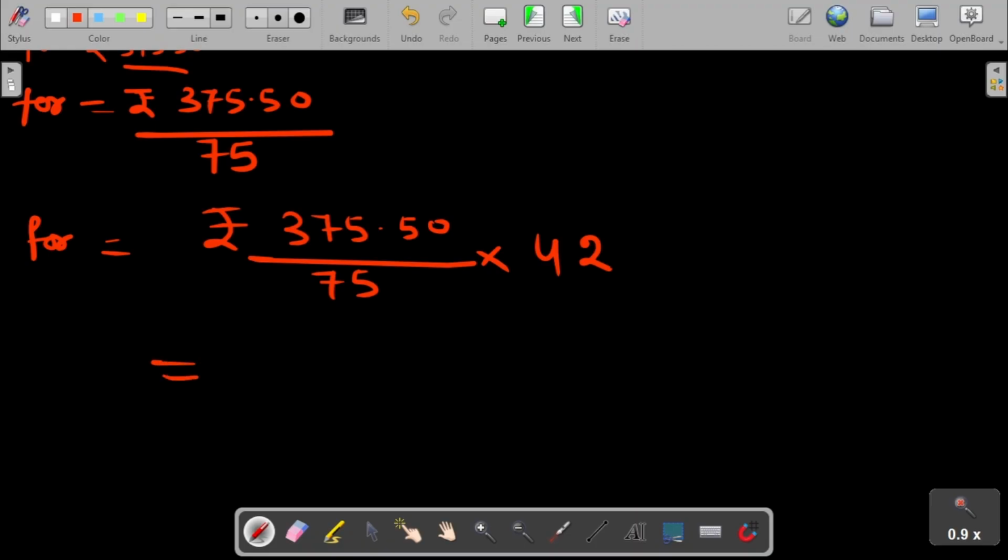তাহলে এখান থেকে আমরা পেয়ে গেলাম, যদি 1 কেজি পোটেটোর প্রাইস 375.50 by divide by 75 হয়ে যায়, তাহলে 42 কেজি পোটেটোর প্রাইস কত হয়ে যাবে? মাল্টিপ্লাইড উইথ 42। ওকে, এবার এটাকে কি করবো আমরা? সিম্পলিফাই করবো।